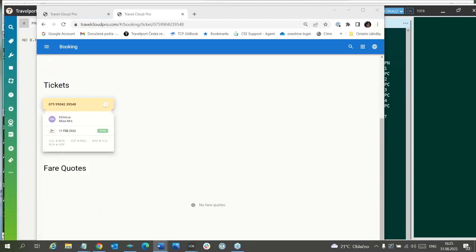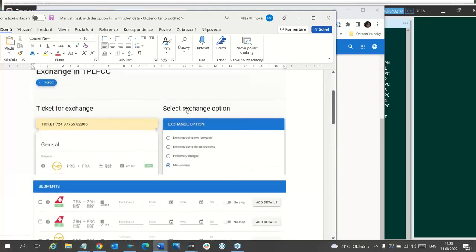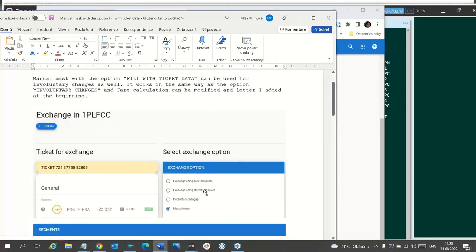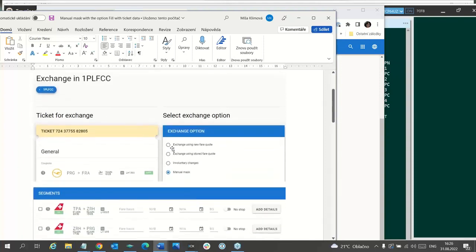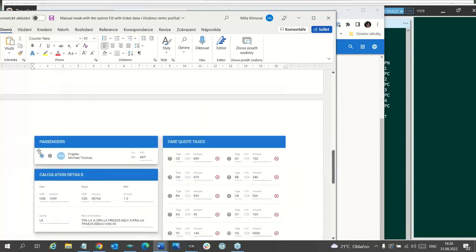Here it is. So here is another example. So I will take it from the beginning. We have selected manual mask, but we can select this one, exchange using new fare quote, of course. And here is the passenger name, and here you can see passenger type code automatically is copied from the name element.